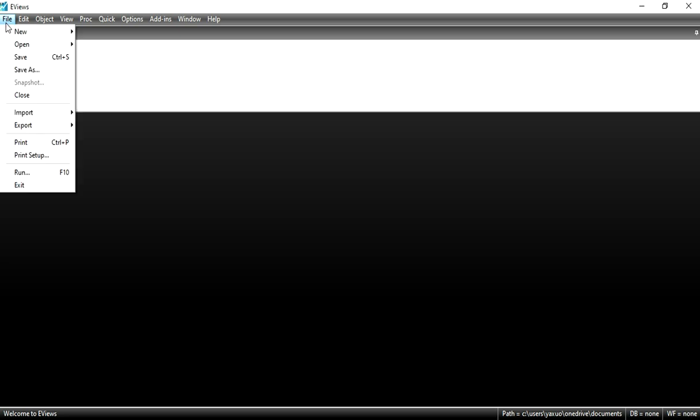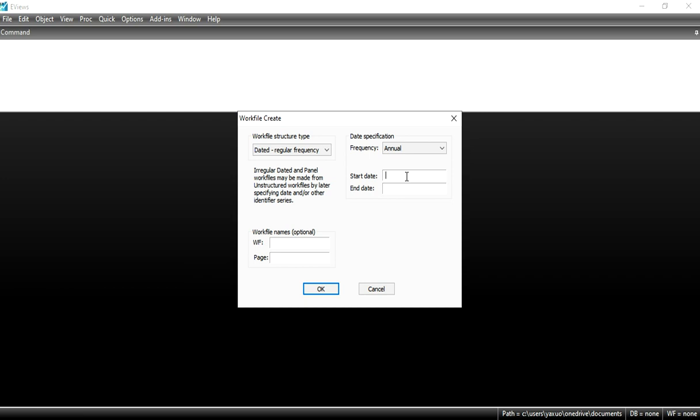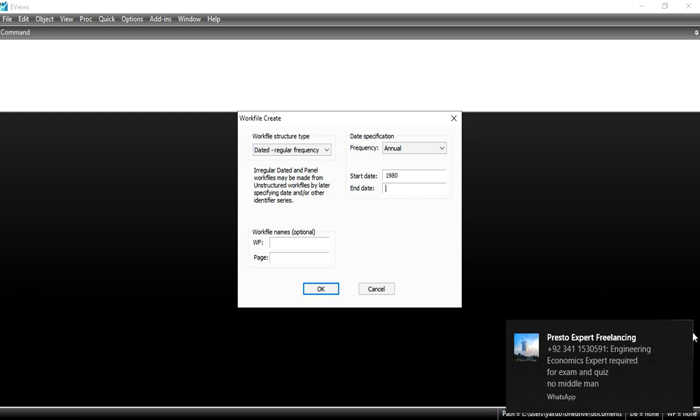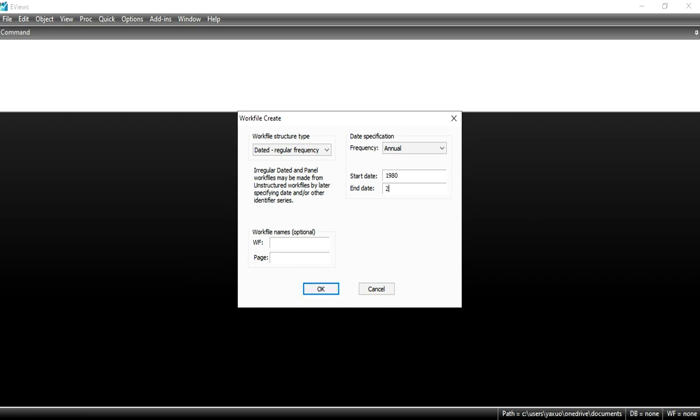Okay, so first of all I am going to bring my data into the EViews file. I go to File, New, and click on Workfile. Here I mention the start and end date of the data, as we have mentioned many times, and bring our data in Excel form.